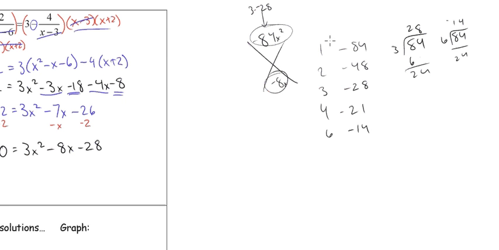And for me, I like to have a very systematic way of going about it. If you're multiplying to give you a negative, you know one number is positive and one is negative. And if they add to give you a negative, you know that the negative one is bigger. So I started with 1, and I said 1 times what negative number would give me negative 84, and saw that they didn't add up, and kept on going until I got positive 6 and negative 14, and those are both x respectively. So whether you use the box method or whether you use grouping,